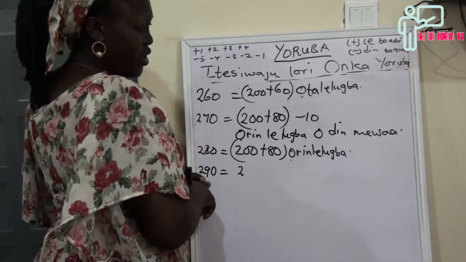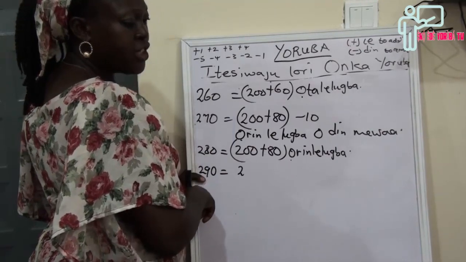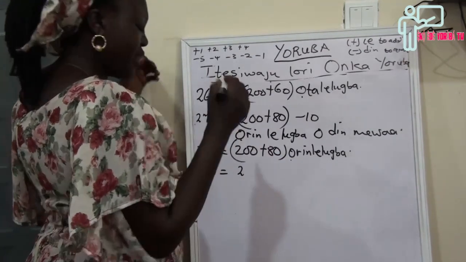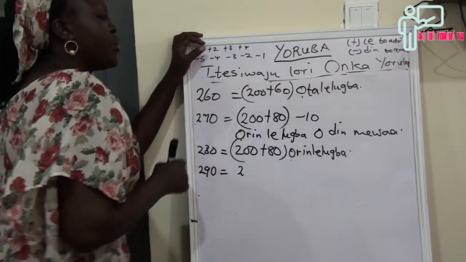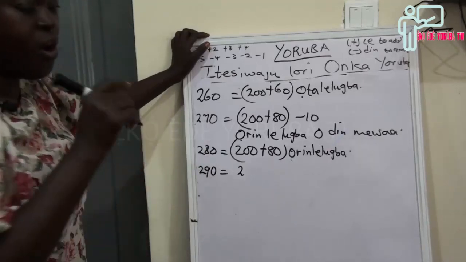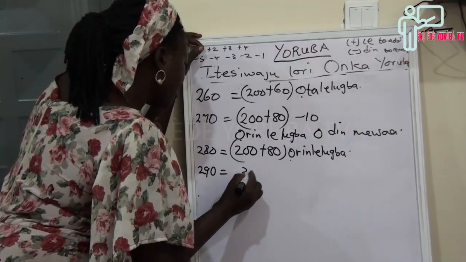What is 300? Ọdún. What is ọdún? 300. So ọdún will now be ẹ̀wádínlọ́ọ̀ọ́dún, which is 300